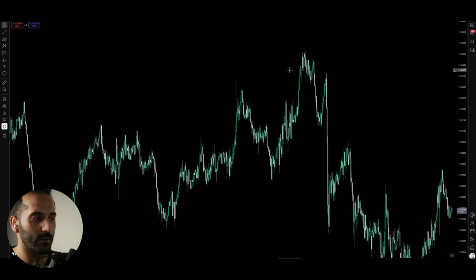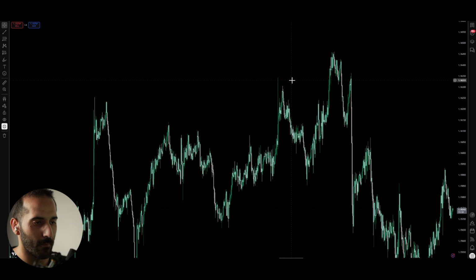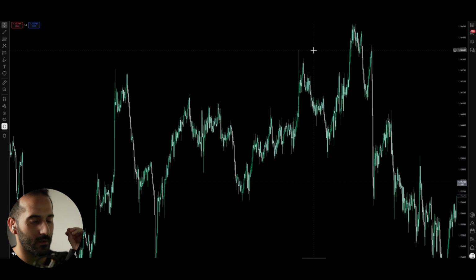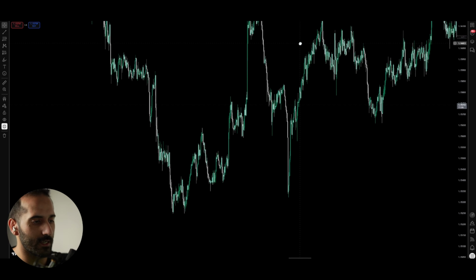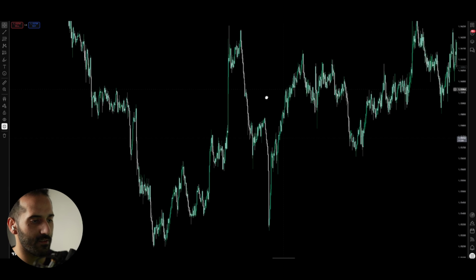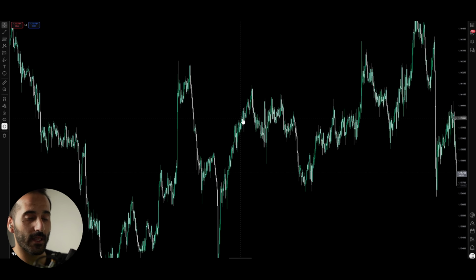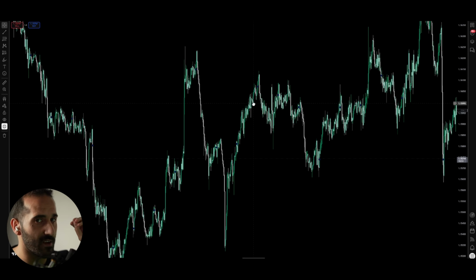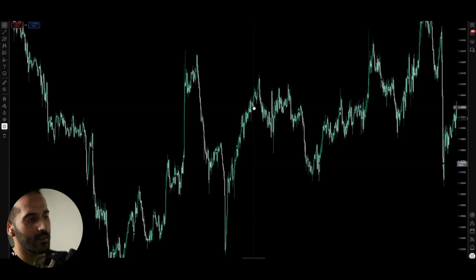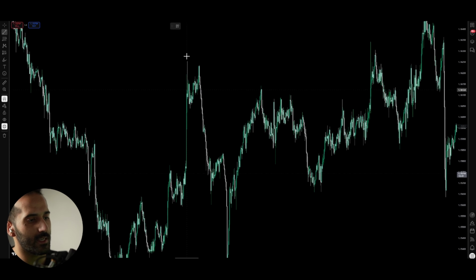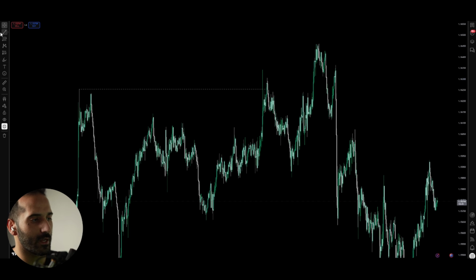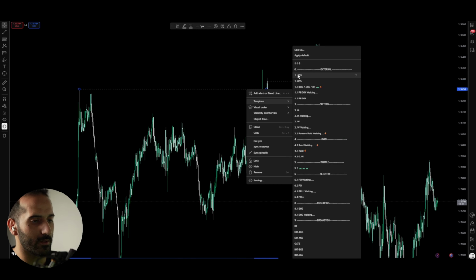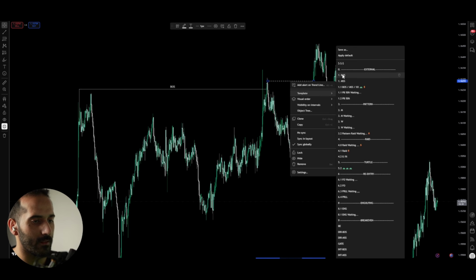Taking this example on AUD/NZD on the 15-minute time frame, what do we see here? We see a very clear uptrend. If you don't know what an uptrend is, this is going to be very hard. You have to study the basics. But we see a very, very clear uptrend with a break of structure to the upside. All right. So here what we notice,